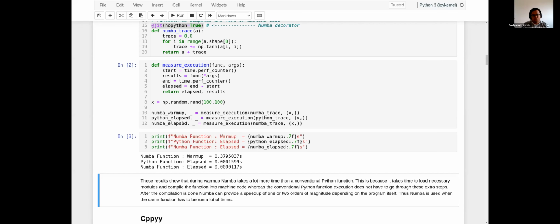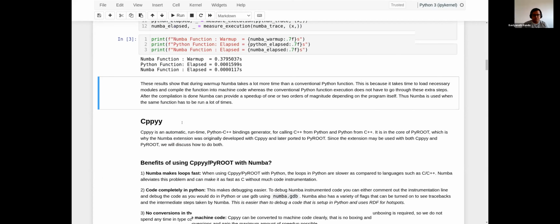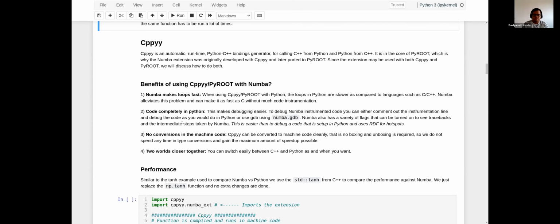Now let me introduce you to Cppyy. Cppyy is an automatic runtime Python C++ bindings generator, and it is used to call C++ from Python and Python from C++. So it's the core of PyROOT, which is why the Numba extension that we designed was originally with Cppyy,